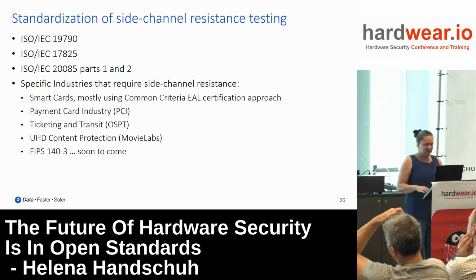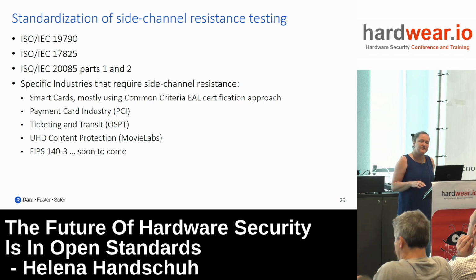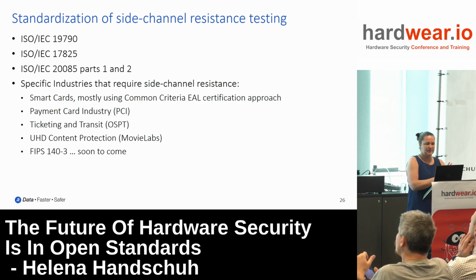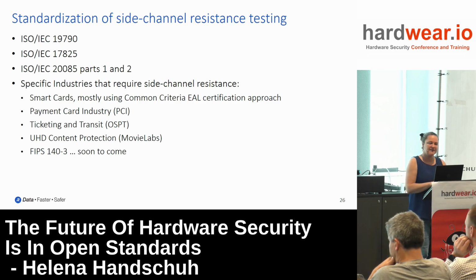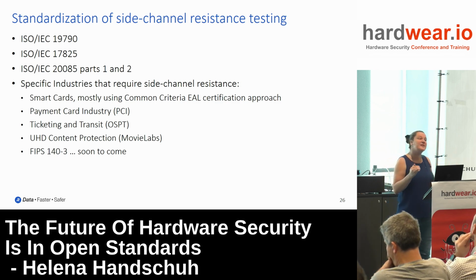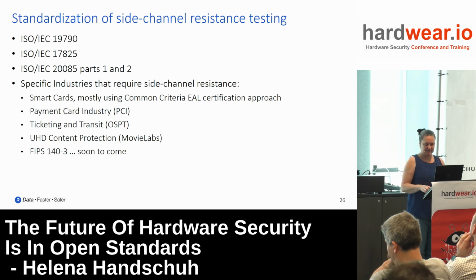All right, so this started a few years ago. There are a few different ISO specifications that start dealing with this. The first relevant one is 19790, about cryptographic modules and how to protect them. And then there are a few others, and I'll go into a little bit of detail in the next few slides. The question is, how do you make sure to write into those documents and to standardize a way of testing that everybody could use? This is what we're trying to answer here.